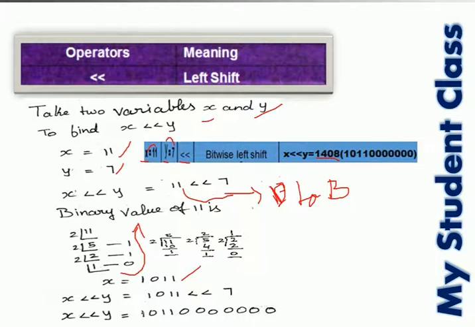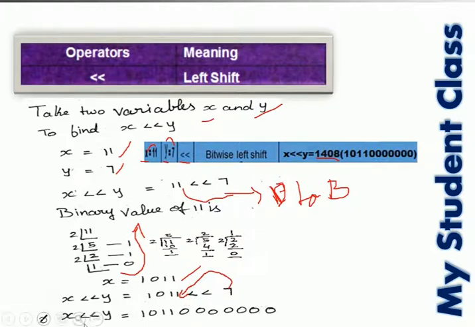Now I am going to apply x << y, which is the binary value of 11, 1011, shifted left by 7. So we are going to add 7 zeros after this binary value.